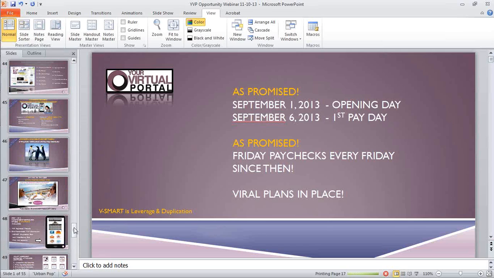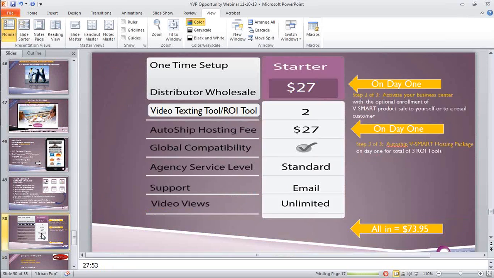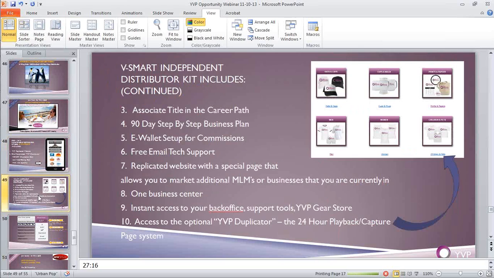We have a new package. The traditional method was that you become your independent distributor at $19.95, which is a promotional rate that's due to end soon. I'm going to be deciding how long we're going to have that here at the end of the week. And that would get you your V-Smart, which is over here to the right, and a bunch of other goodies,